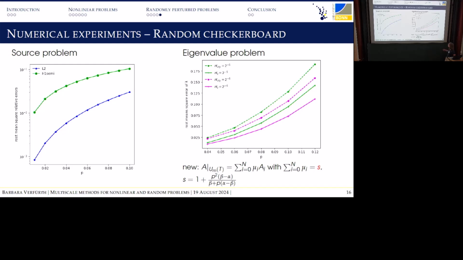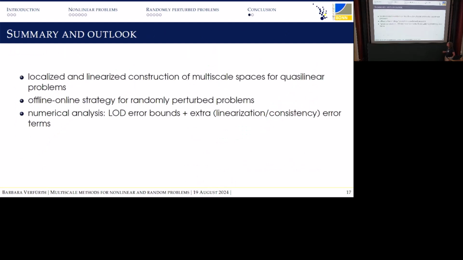So they still give a sum for the realization, but the sum of the mu_i is no longer 1, but some parameter s that is 1 plus some perturbation. And this comes from some new heuristics that we developed for how to choose this s, and in fact we numerically evaluated that it seems to improve things, and it's rather easy to implement. It does not influence the computational complexity that much.